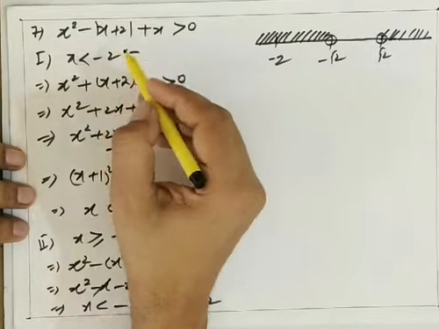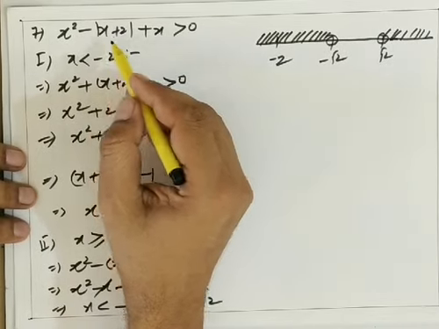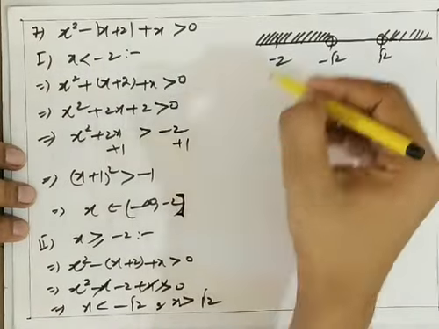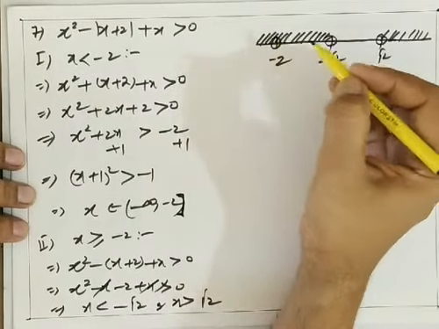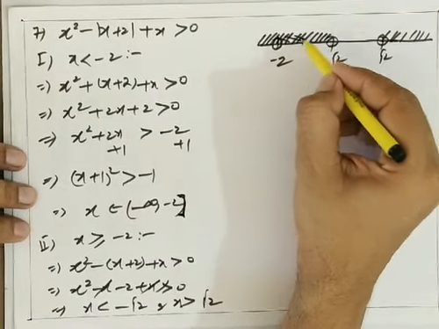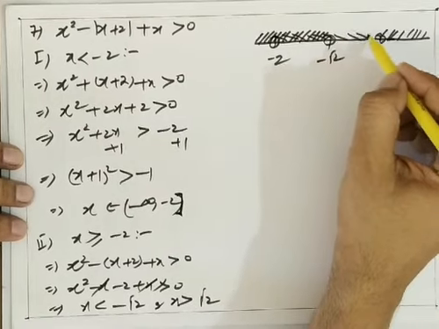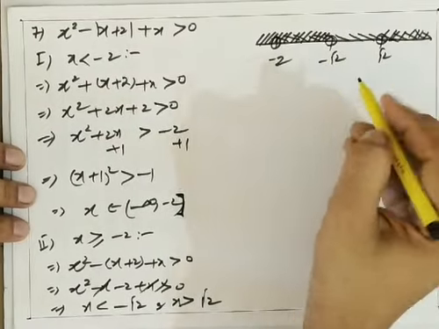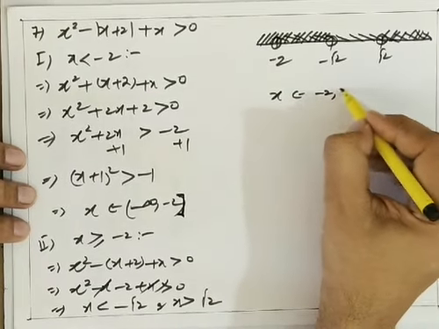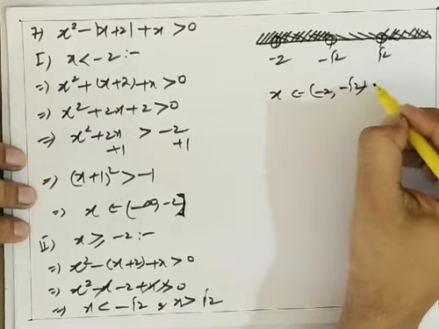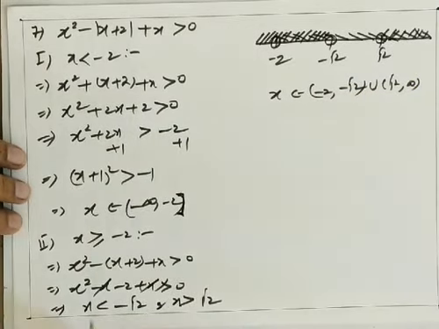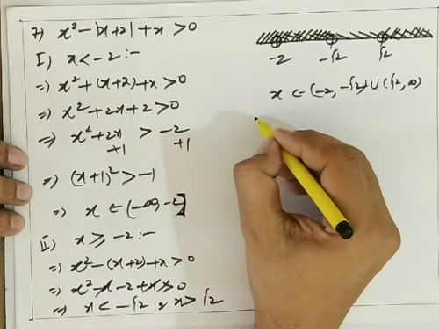If I put -2 over here, let me check the -2. We have taken -2 before also, so let me keep it open over here. It is saying greater than or equal to -2. Let me show it by backward slant. You can see the double shaded region will be the answer for the second case: (-2, -root 2) union (root 2, infinity). Let me check for root 2, -root 2 and plus root 2.